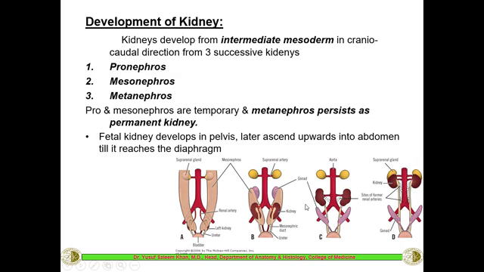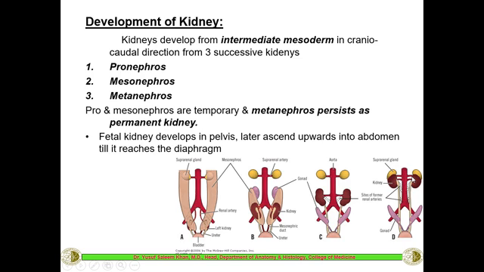Okay, so then you can see here it is in a higher position. Now it has come into the lower part of the abdomen. Now it is ascending upwards into the upper part of the abdomen. Now if you can see here, these are the suprarenal glands or the adrenal glands, which are already there in the upper part of the abdomen. They are not ascending upwards, they are actually here, and the kidneys go